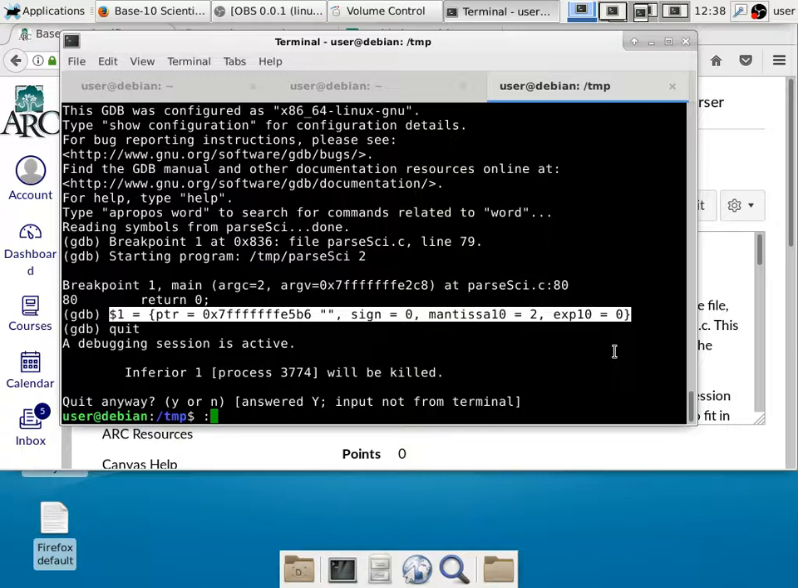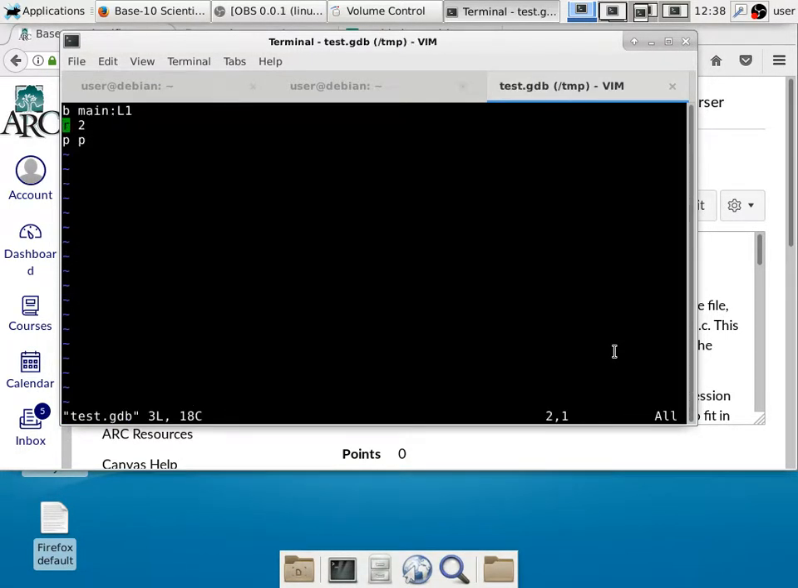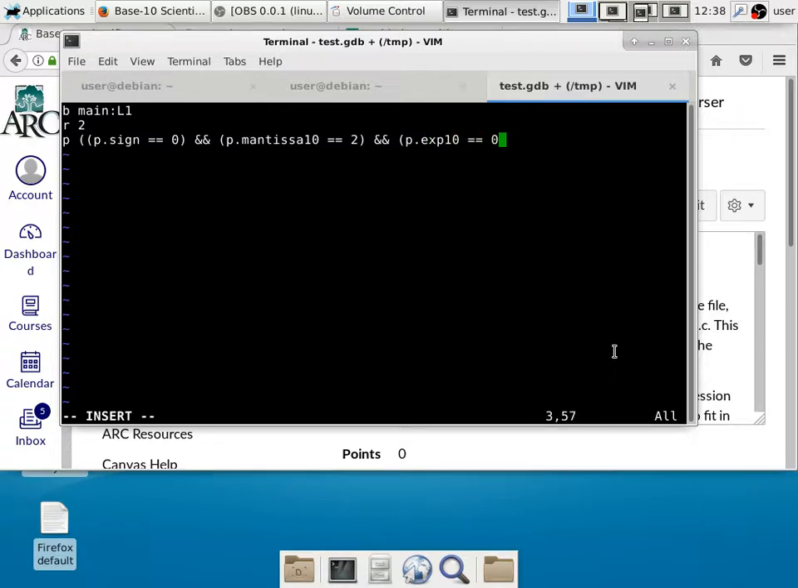But this way of doing things is not ideal either, because I still have to manually go through to check to see if everything is right. So the shortcut is to use a condition. I would say that p.sign should be 0, p.mantissa10 should be 2, and p.exp10 should be 0. So I have one gigantic condition here, but to make this output easier to interpret, we can now say if that is true, print the string